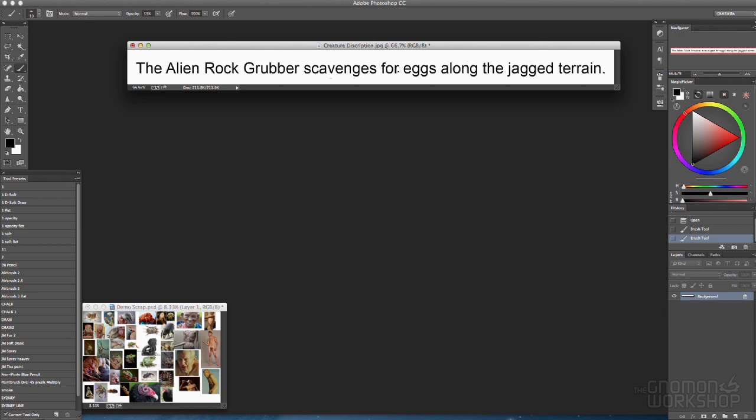Now, it's also looking for these eggs along a jagged terrain. So we know that in order for this creature to navigate such a treacherous terrain, chances are it's very nimble and it's able to balance on this very rocky land. So we actually have quite a bit of information here, which will bring us to the next part of the